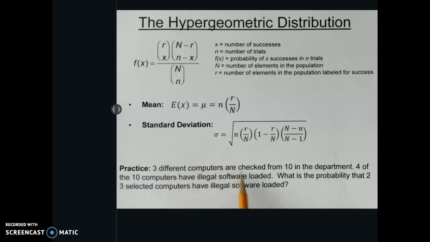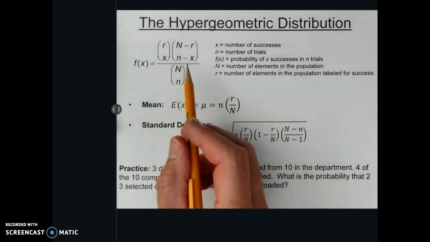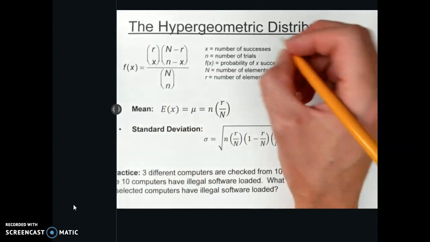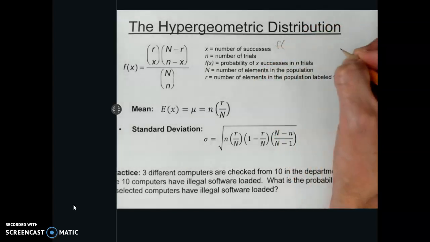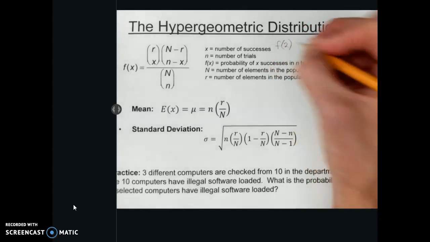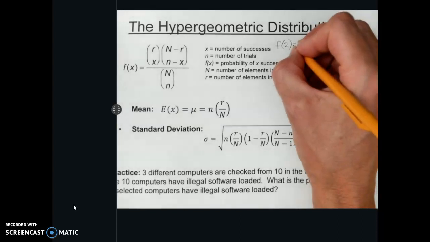3 different computers are checked from 10 in the department. 4 of the 10 computers have illegal software loaded. What is the probability that 2 of the 3 selected computers have illegal software loaded? To calculate this, we're going to use the formula here. And let's just plug in the numbers up here. We have the probability of 2 computers having illegal software is equal to,